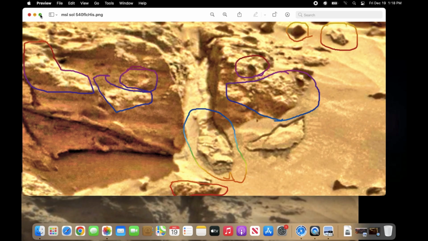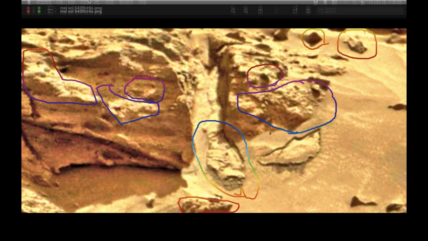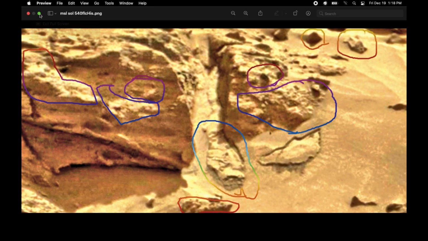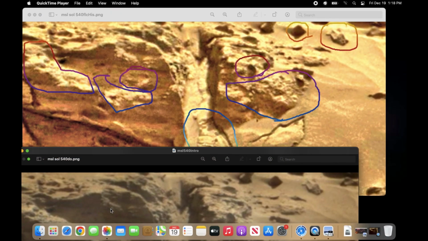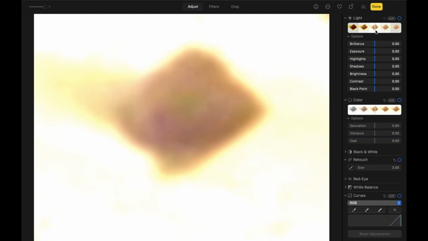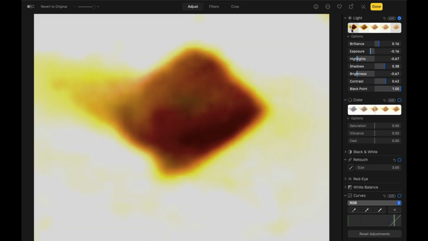And if we focus in on it a bit more, you can see it is a very uniform geometrical pattern, indicating that it does have a very organized structure